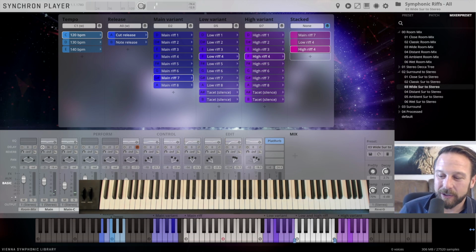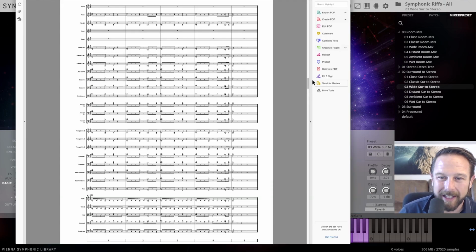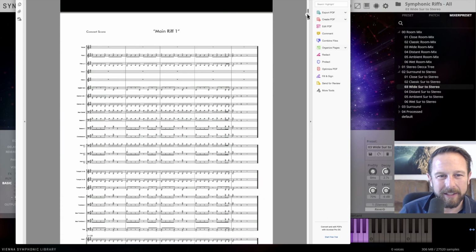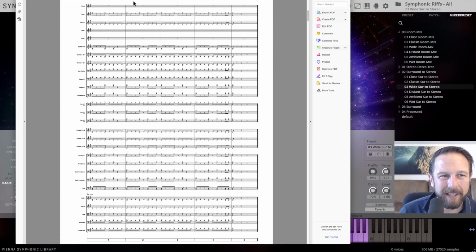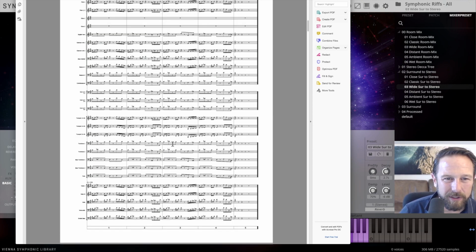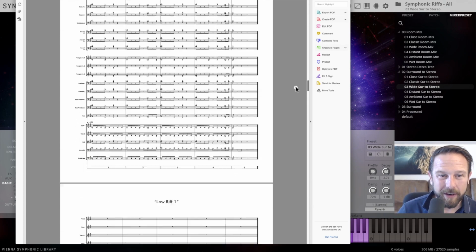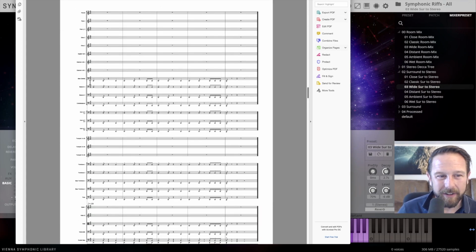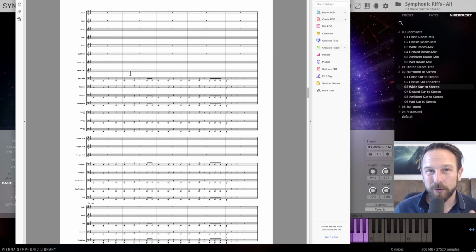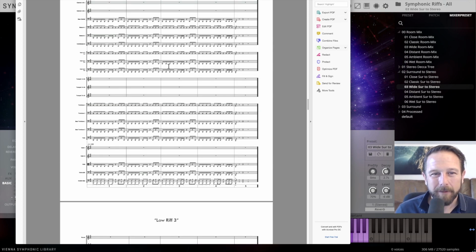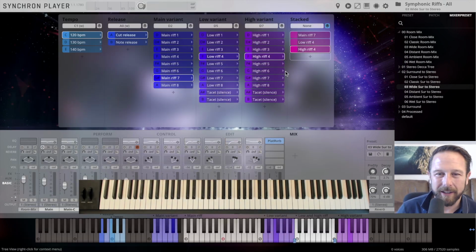So we also decided to release a few scoring examples. I'll just show you here. You can download them from the tutorial sections at MyVSL. So for every riff, you have one example where you see the woodwinds, brass, and the string sections and what they are doing with those different riffs. And you see at the touch of a finger, you actually have a lot of orchestration knowledge going on for the main riffs, for the high riffs, for the low riffs. And you can see what kind of orchestration tricks we use to get that fat a sound and just explore what's behind the Big Bang Orchestra Capricorn.